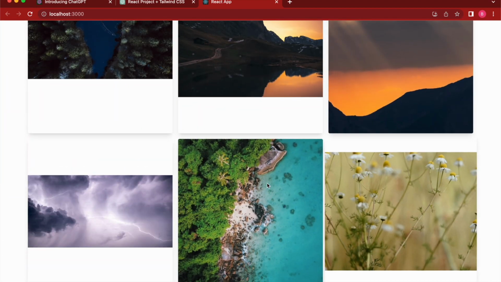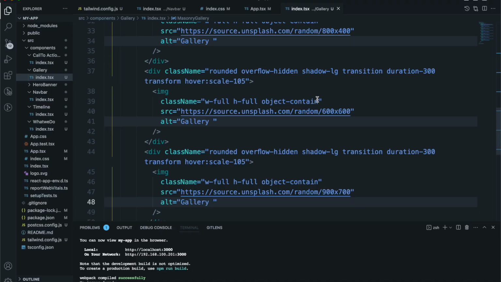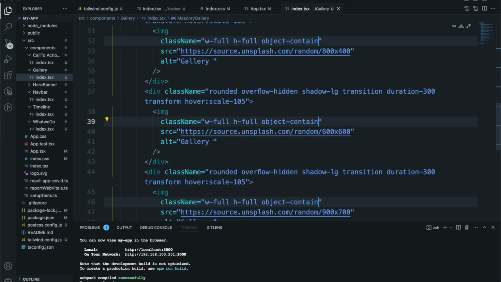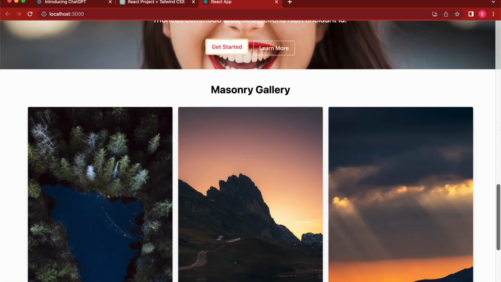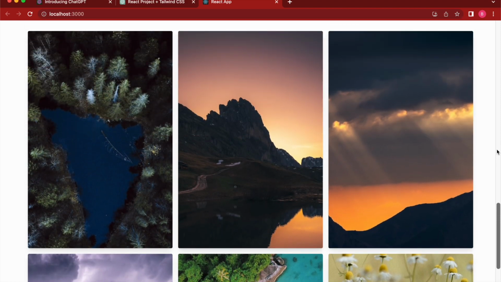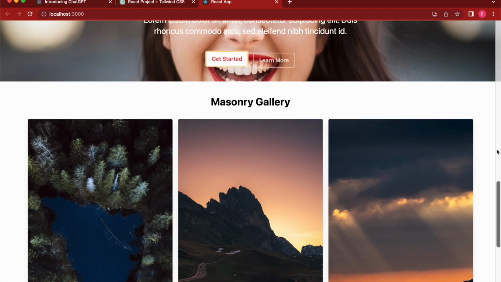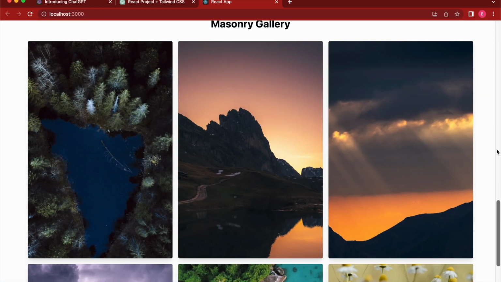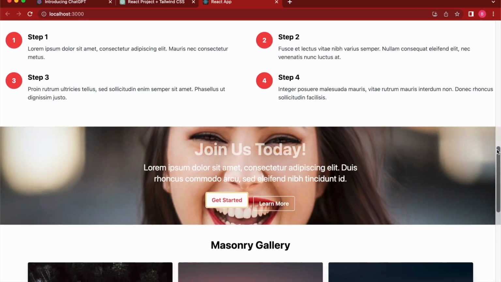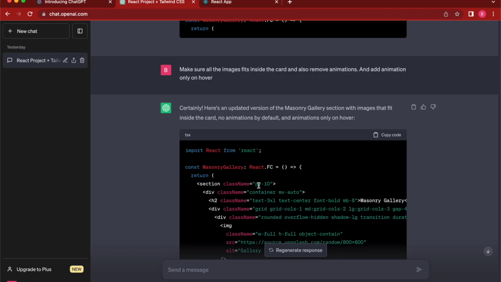So yeah, the gallery image, I know how to solve this though. If I have to solve it, I can just change the object contain to object cover. I'll just say object cover, and it looks pretty good. So that's one solution. Right, so you can see here even ChatGPT needs a human being like me in some cases. Okay, so it looks really good, right? We have gallery section, and now the second section we want to create is a FAQ section. So I'll just say